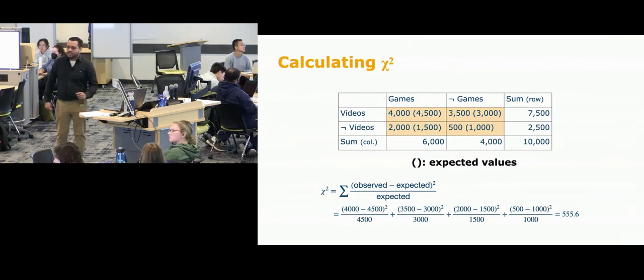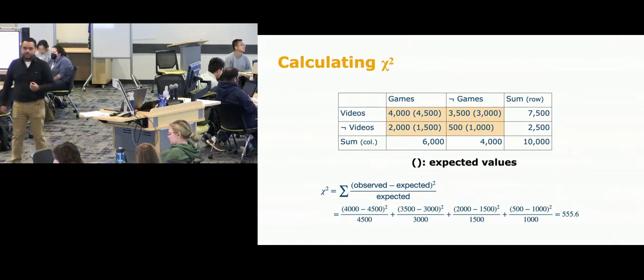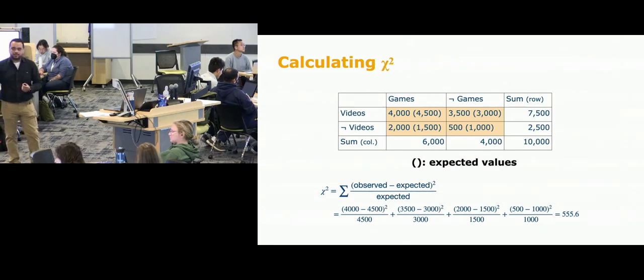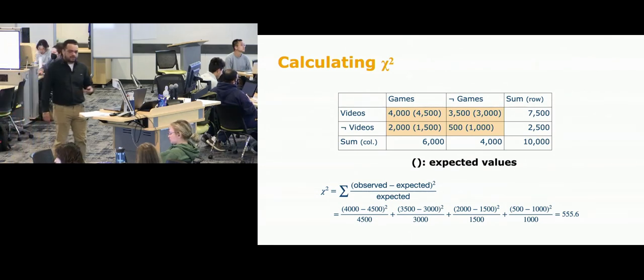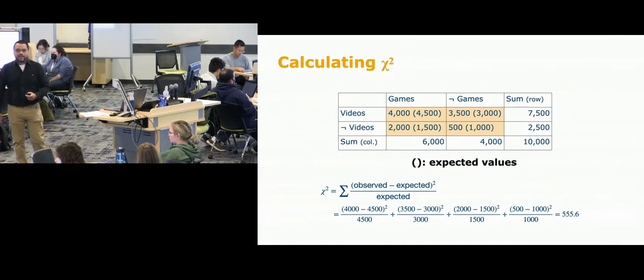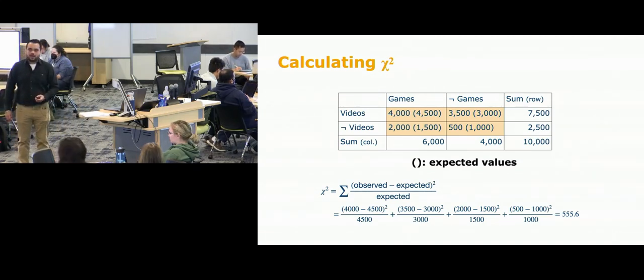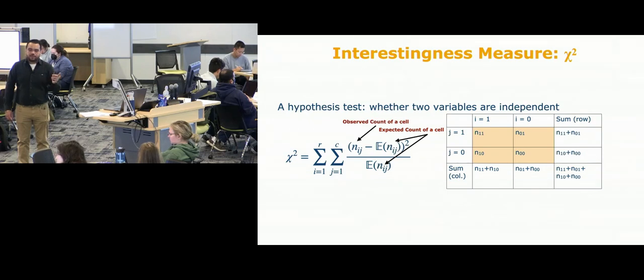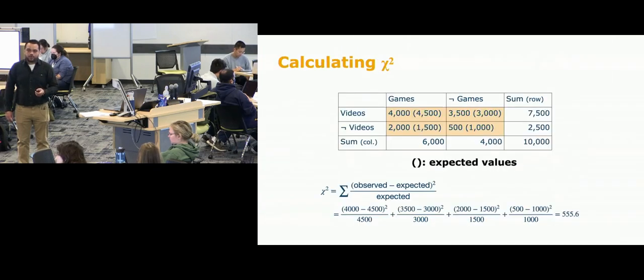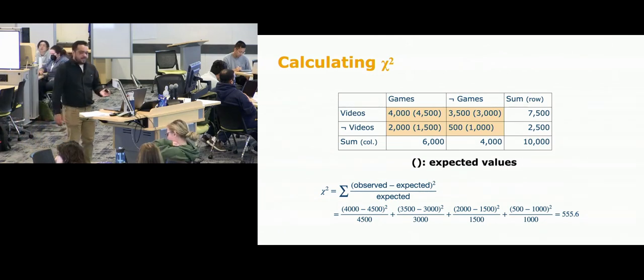Okay. So now let's go through this exercise and compute the chi-squared statistic. So we have the same 2x2 contingency table. The values in the parentheses are the expected numbers, right? So the chi-squared statistic is nothing but, as we saw here, observed minus expected squared divided by expected. So you can do this math. It's a simple calculation. And you would get this number